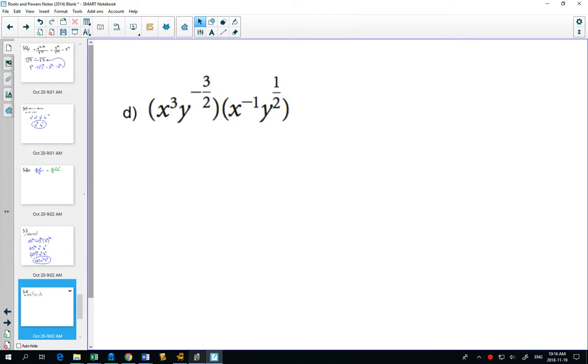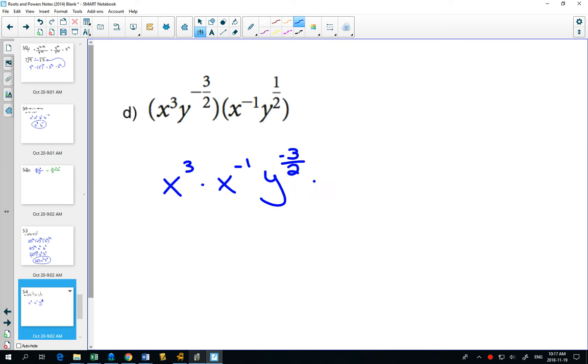So in D, again, this is all multiplied together. I'm just going to rewrite it with my x's right next to each other and my y's right next to each other. This is going to help me see, oh, I'm multiplying things with the same base. The rule is that I add the exponents. So 3 plus a negative 1, that will become x squared. And negative 3 halves plus a half,